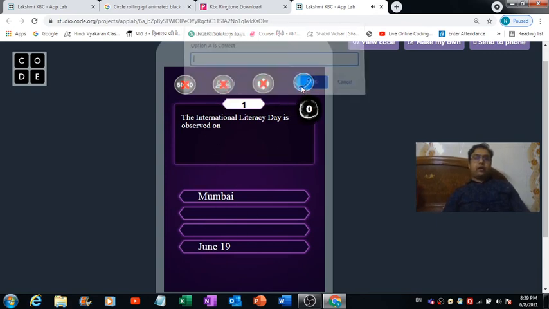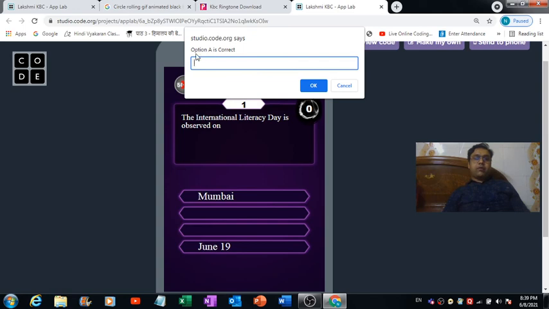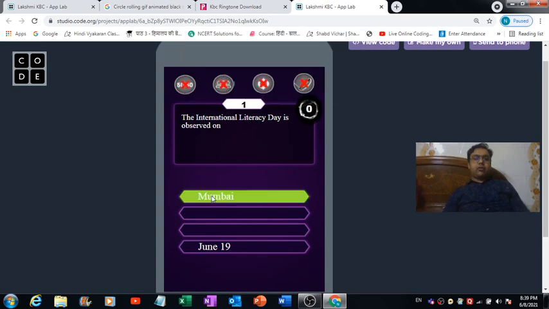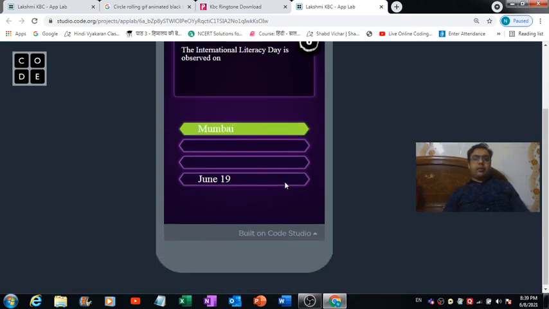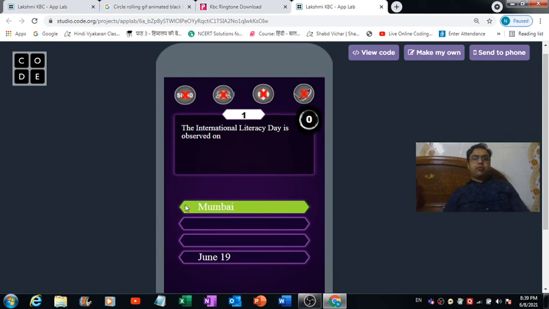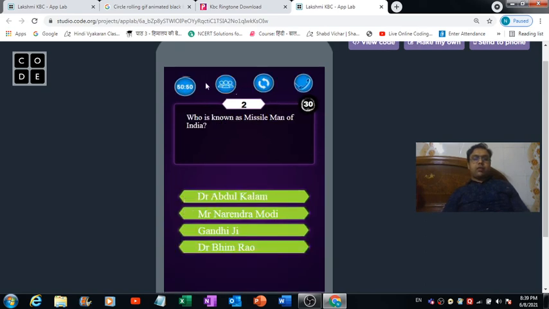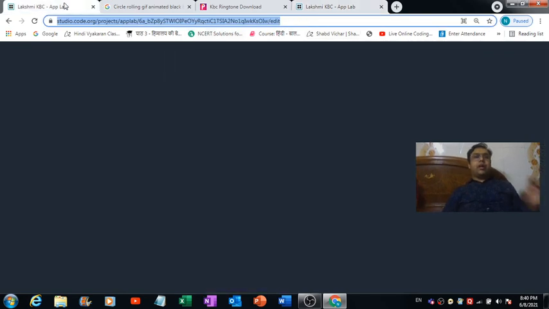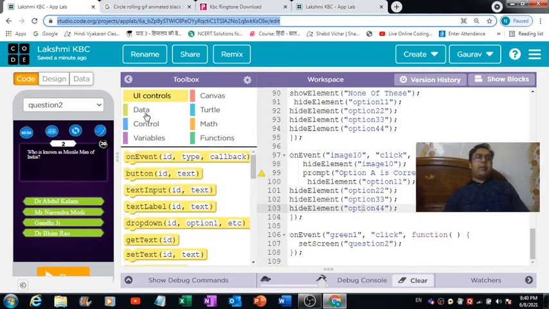Phone a friend: for this, we are able to see the correct option getting reflected right on the top over here. Okay, and let's select the correct option. Fine, and then we can move to the next question just by hitting this green box. So it has redirected us to the second question. That's how you can code this KBC app.